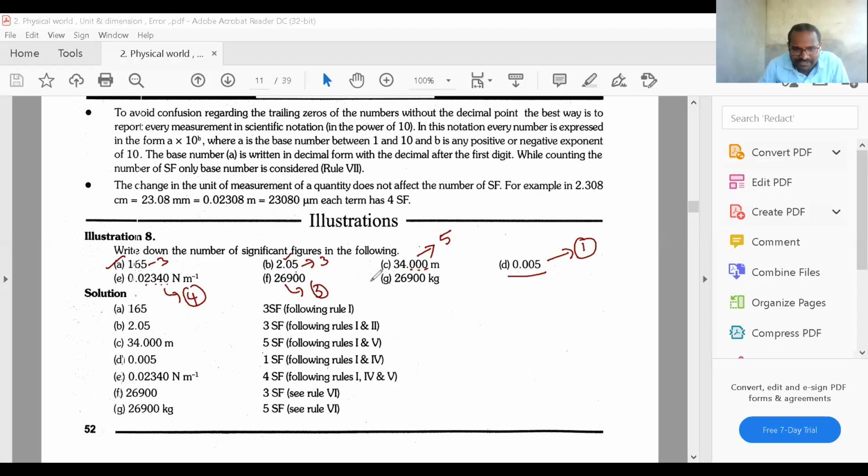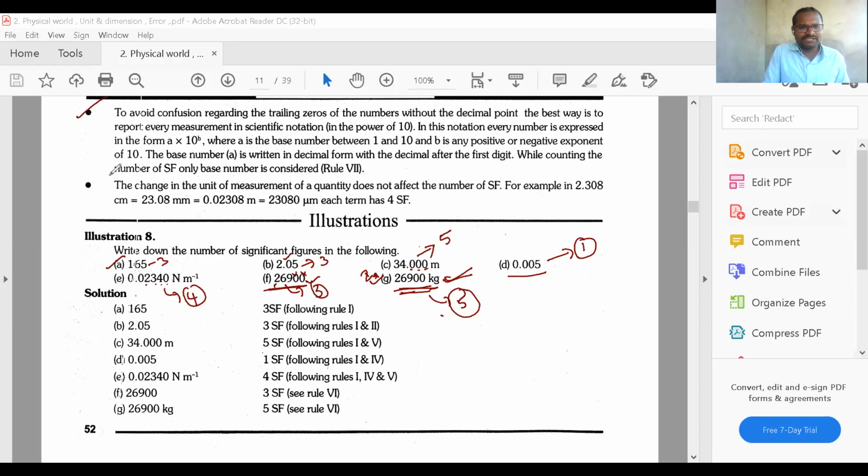And in this, this point is important. How many significant figures are there? 1, 2, 3, 4, 5. 5 are there. Here one doubt you can raise. See here, 26900. Here also 26900 only. Why is the number of significant figures 3 here and 5 here? Because this is just a number, but this is representing a physical quantity. This number came from one particular measurement, in kgs. So whenever you have added some unit to that number, then trailing zeros without a decimal point should also be considered as significant figures. This point is important.